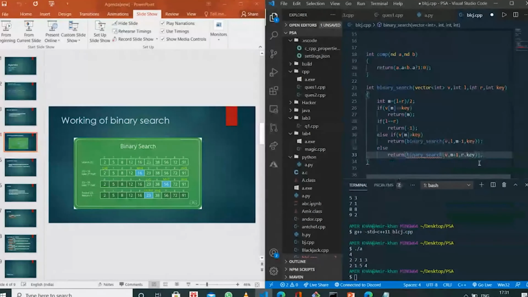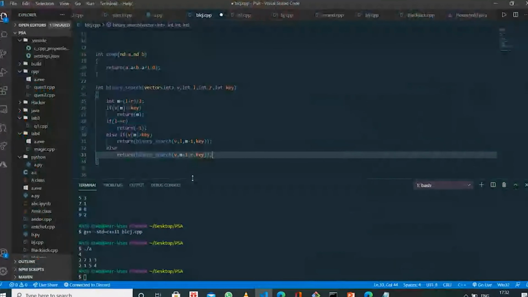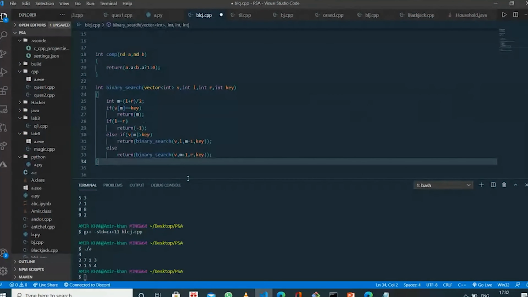Why? Because if V of m is less than key, my key will lie to the right of the middle index, from m plus 1 to r. Same as I did here. Okay, so my binarySearch function is complete.